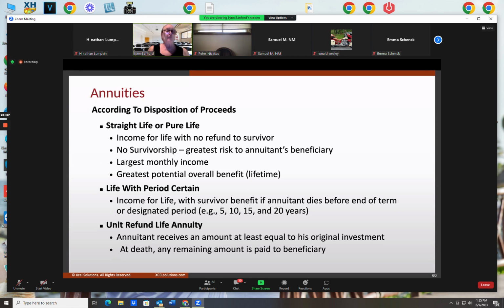But if I live long enough to have all the money paid out to me plus interest, and I keep on living, then I keep on receiving. And at that point, I am receiving and living off the insurance company's money, not my own, because my own money got paid out to me plus interest a long time ago. So choosing a straight life payout assures me of a payout stream the rest of my life, no matter how long I live.